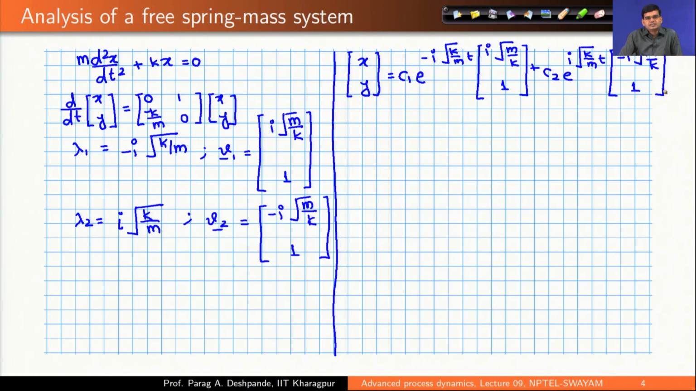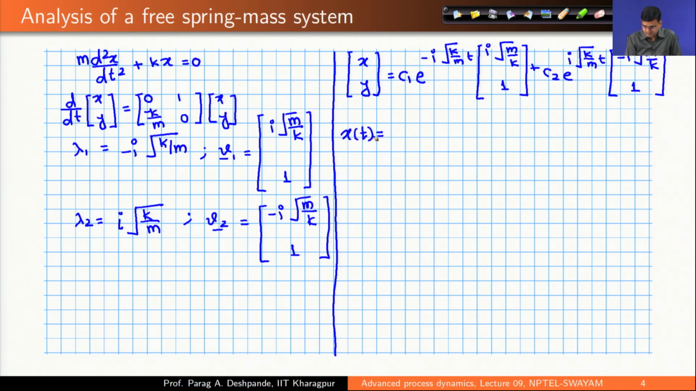And since x is the displacement and y is dx by dt, which is the gradient or derivative of the displacement, I am at this point only interested in knowing the dynamics of the system. So, I am just interested in knowing the evolution of x with time. So, from this equation I can write x